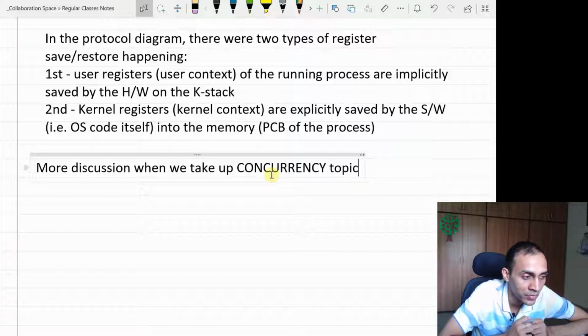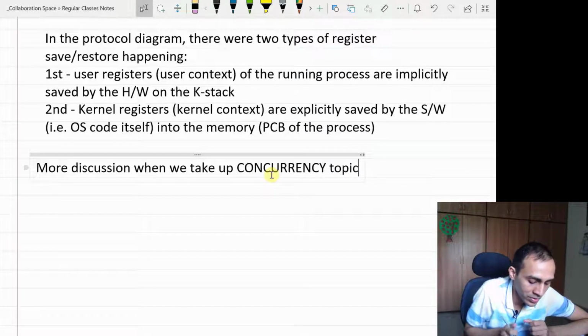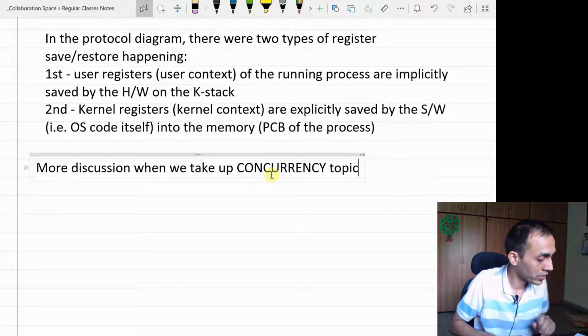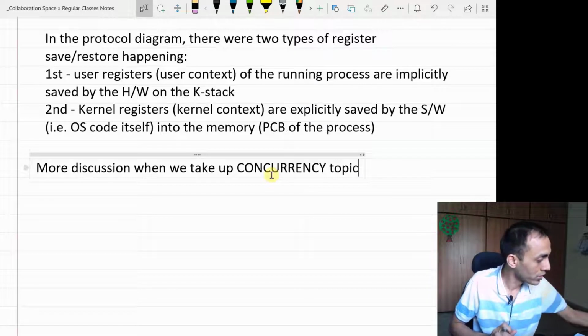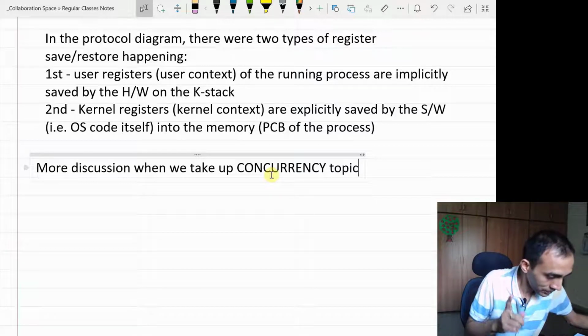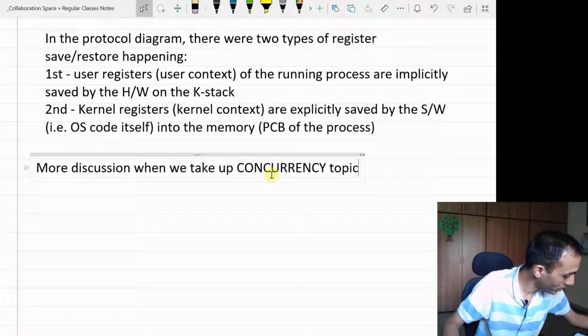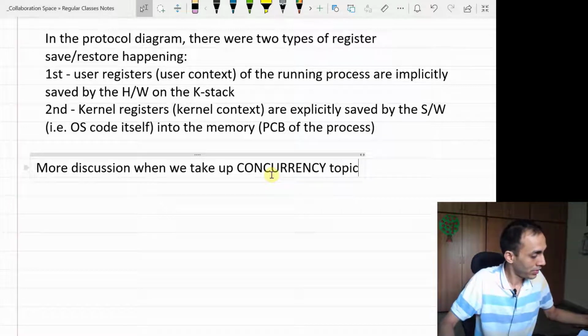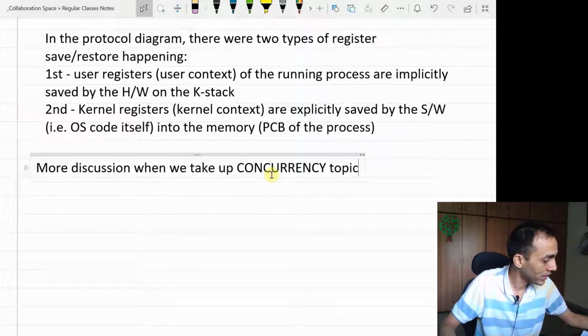Let us say some data transmission was being done through the network, and that data transmission completed. Generally an interrupt is sent to the OS to now do the next thing. So if you disable the interrupts, you will lose those notifications. So it's not an efficient way. We'll see later on the better ways by which concurrency issues are handled, but just keep in mind that there are some more details to it. Everything is not so easy, but I hope some basic idea has come about the exact mechanism.